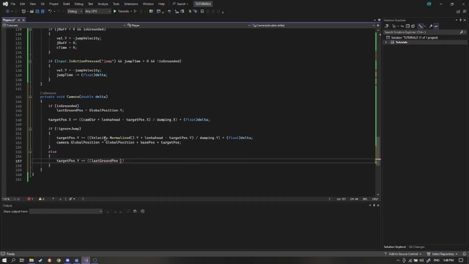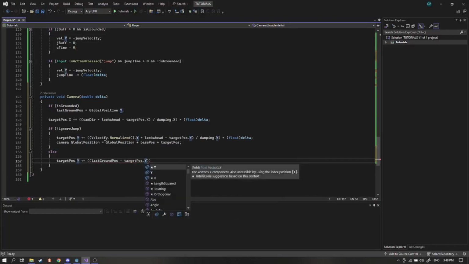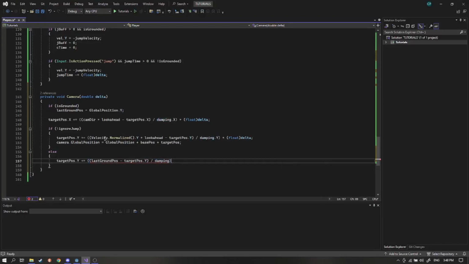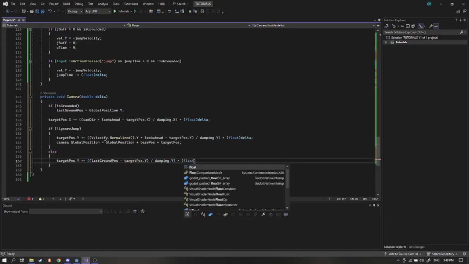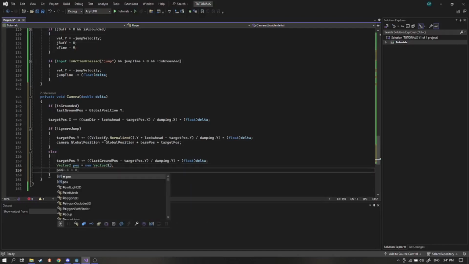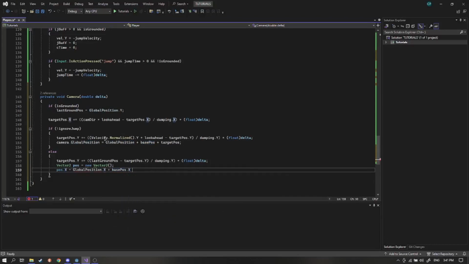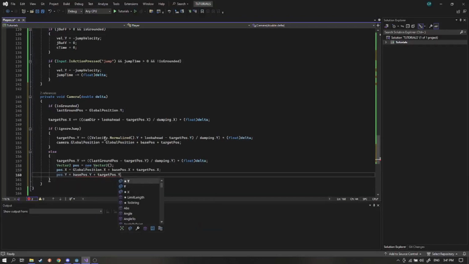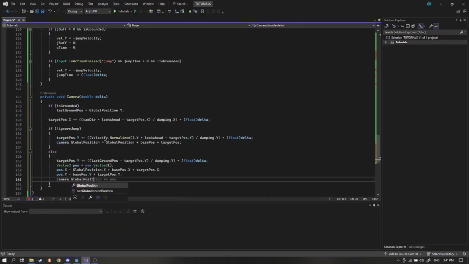Else, targetPos.y plus equals ((lastGroundPos minus targetPos.y) divided by damping.y) times (float)delta. Vector2 pos equals new Vector2, pos.x equals GlobalPosition.x plus basePos.x plus targetPos.x, pos.y equals basePos.y plus targetPos.y, camera.GlobalPosition equals pos. Finally, save the script, go back to Godot, make sure the player is selected, and click the